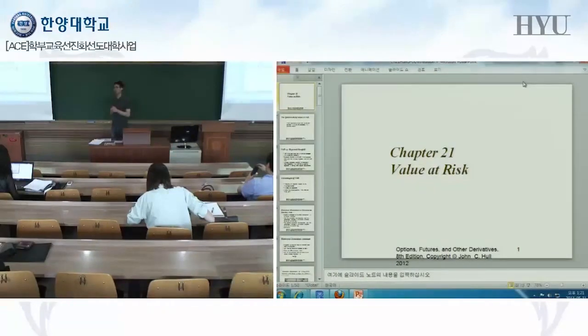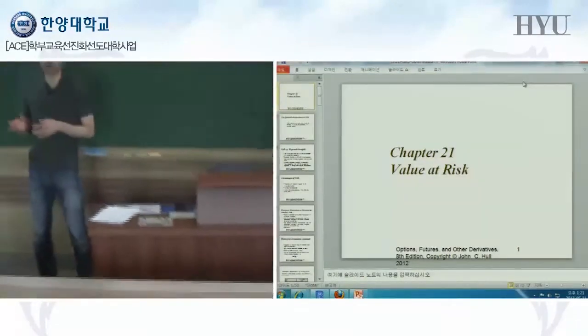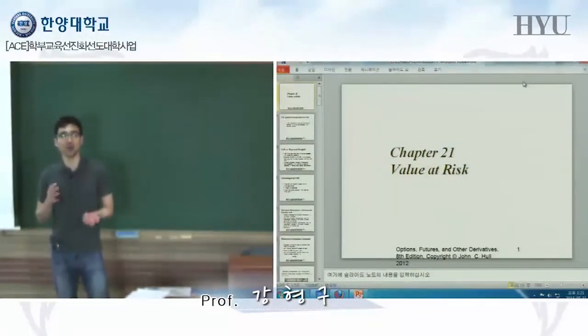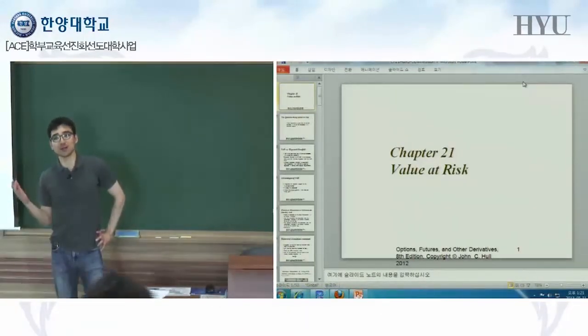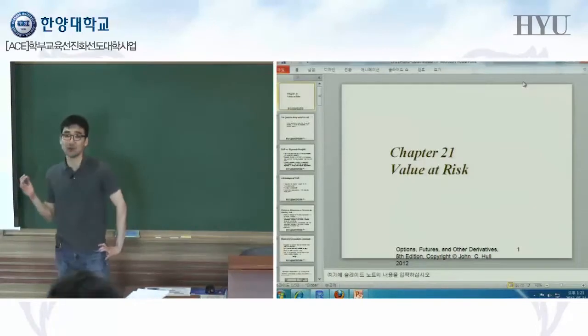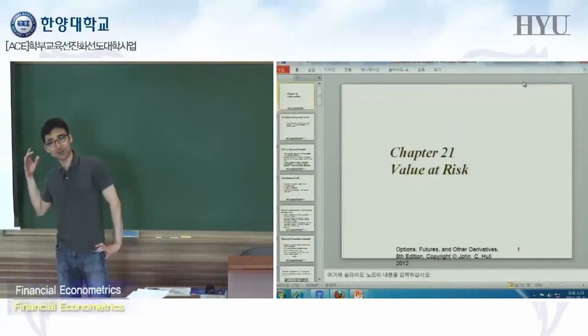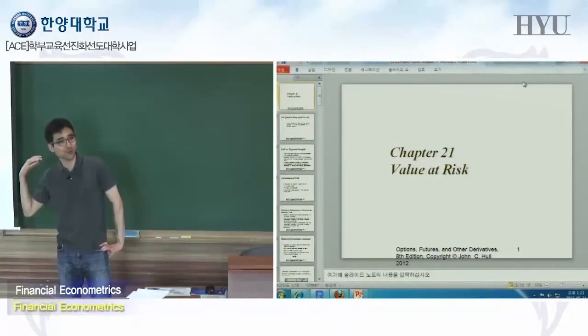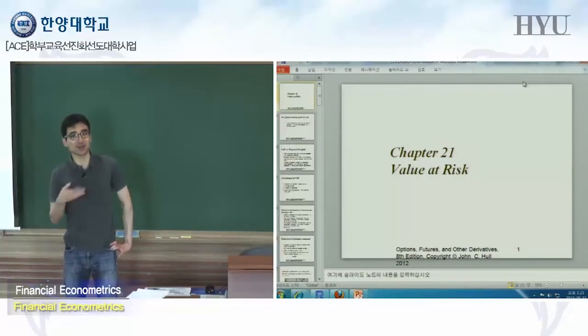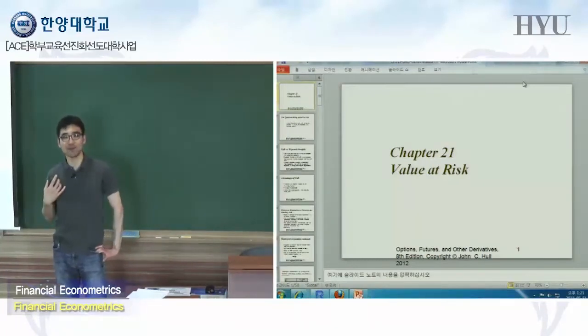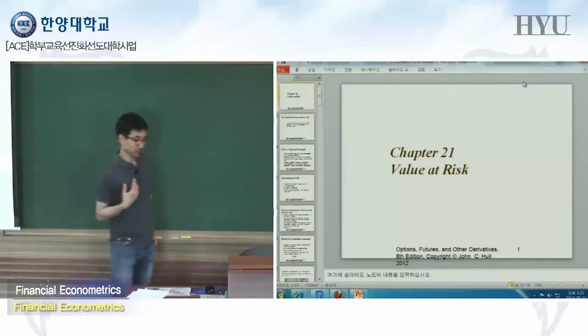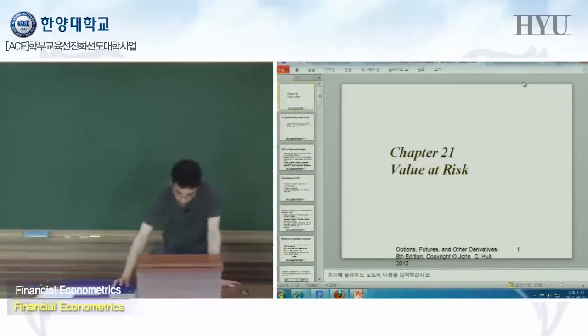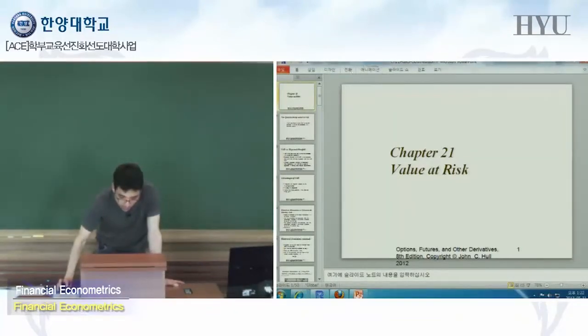Therefore, my strategy is, instead of going over that topic again, to teach you a related topic in finance, which is value at risk. And by learning this topic, I want to teach you indirectly about the significance interval and hypothesis testing. Okay? Value at risk is a very important topic in finance.